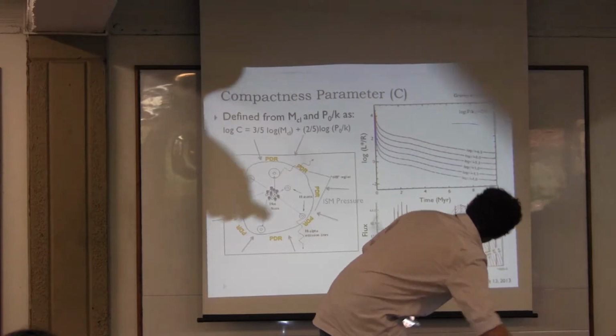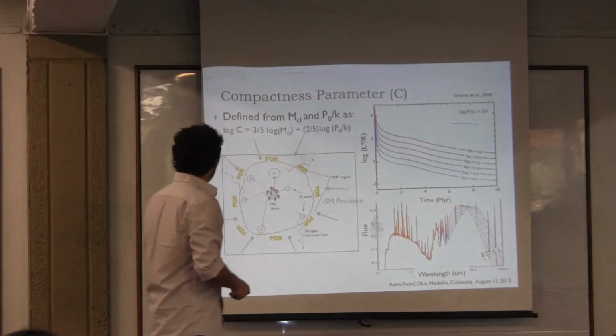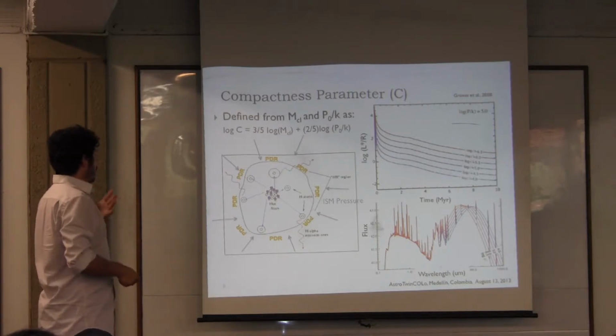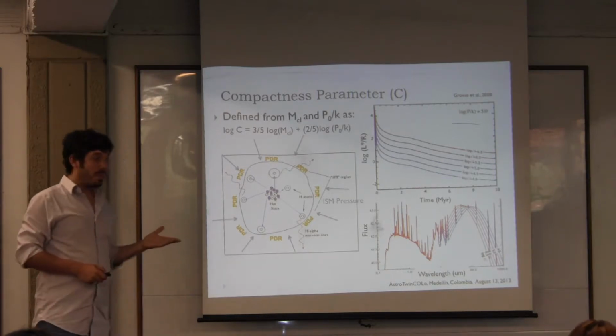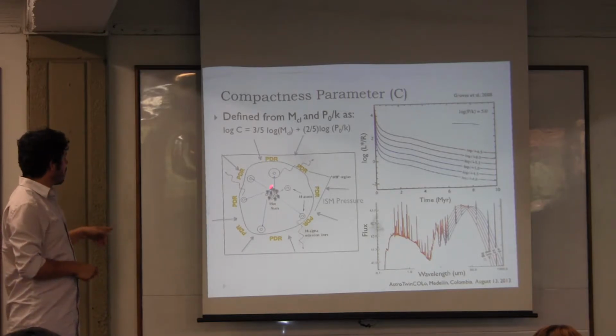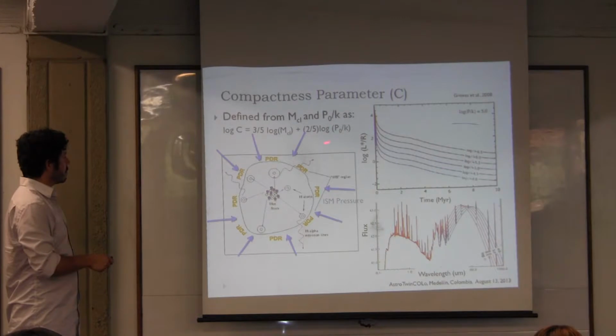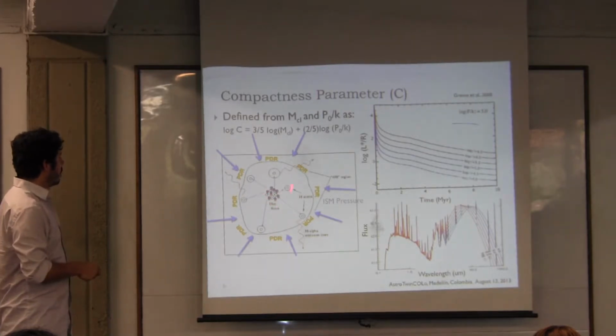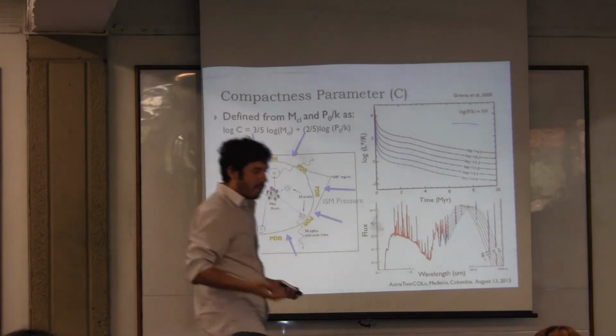And it gets really interesting, and I still don't know how to use this. So what does it really mean? If an object is more compact, it's either because there are more stars there, or they are more massive, and so this parameter increases, or because the pressure around it is also higher, or both of them. So those would be the two ways to increase compactness in a system, either by adding more mass, more emission, or by adding pressure around it. So that's what compactness is all about.